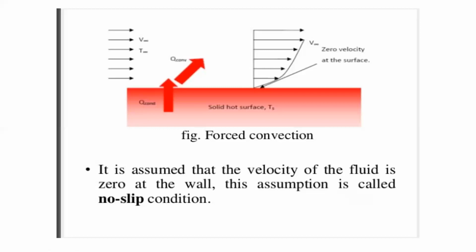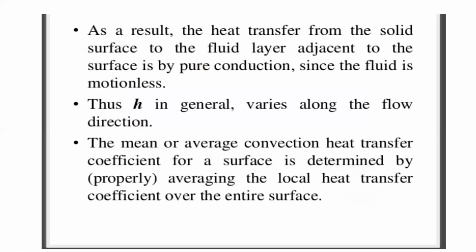Above that, the layers of the fluid will keep on moving. The bottom layer will be sticking to the hot surface, or we are assuming the velocity to be 0. Not sticking, we can say it will be constant. The velocity is 0, which means it is constant. So we are assuming that. The remaining layers of the fluid will keep on changing like this. You can see it there. At the point touching the wall, we call it the no slip condition. So in the next slide we can check it out.